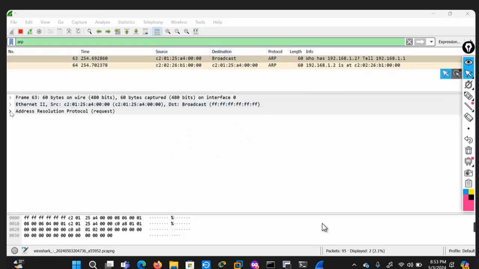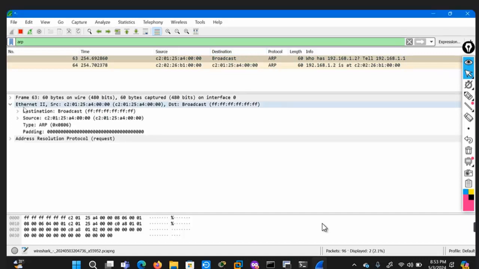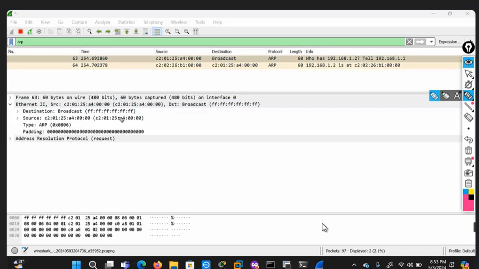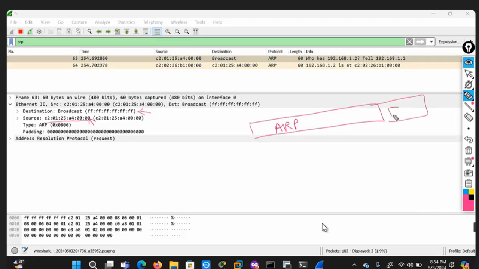So let's start from the Ethernet section. The source MAC address is what? The MAC address of PC1. This is the MAC address of PC1, and in the destination there is all F, right? So in the Ethernet packet, this is ARP, and this is the Ethernet trailer and Ethernet header, right?